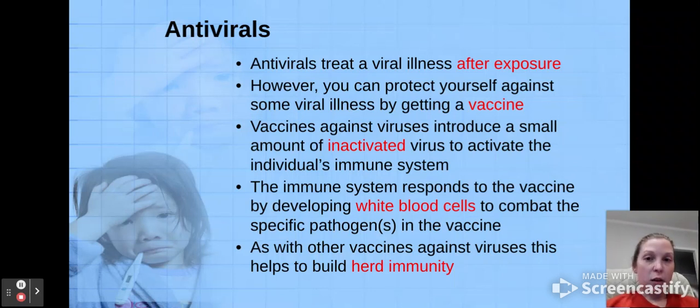But you can protect yourself against viral illnesses, like I said, by getting a vaccine. Remember that vaccines, as mentioned in previous lessons, are inactivated viruses. So these are not living viruses. Viruses themselves are dead anyway, but this is not an active growing viral sample that you're getting. It's just there so that your body can see it without it causing problems, and then know how to fight it if it's exposed again. So the immune system will respond to the vaccine by developing white blood cells to combat that specific pathogen. And then, just like with other vaccines against viruses, these help to build your herd immunity, which is why